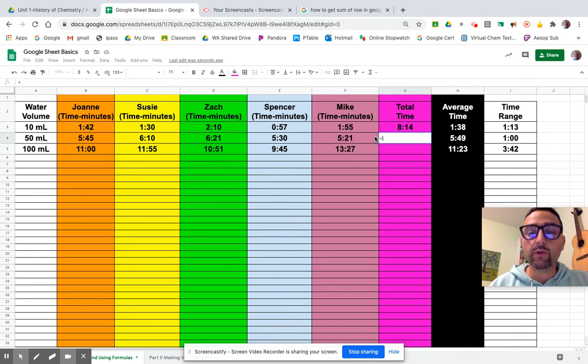Equals. Why is this a question mark? Let's try this again. What if I do Joanne plus Susie plus Zach plus Spencer plus Mikey, and let's see if this. Oh, all right. I'm not going to try that anymore. I don't know what's going on, but anyway,